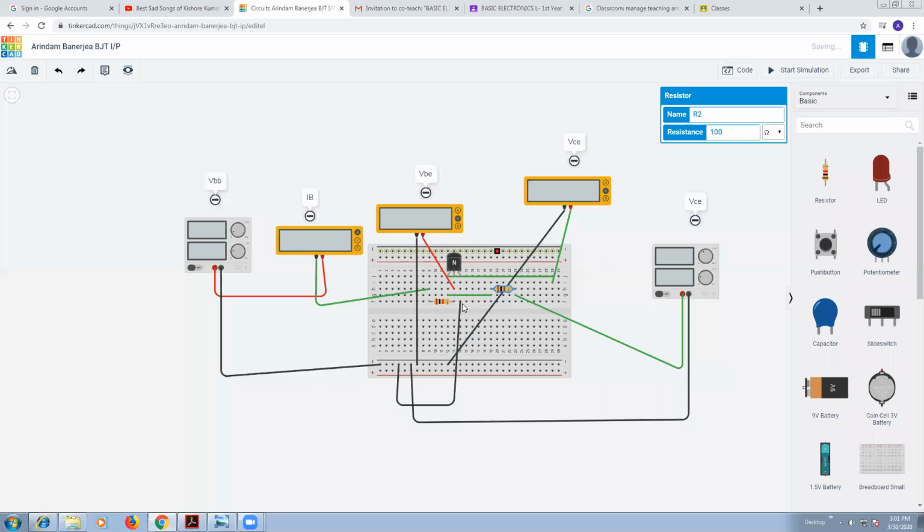Yes, Suman, please tell. Arindam sir, please show them how to take the readings, taking one reading, giving one example, by varying the supply VBB. Suppose this is here, 0.2 like that. So first you have to